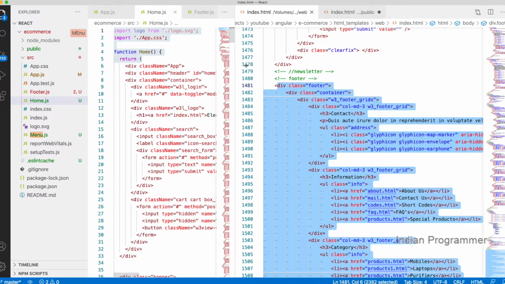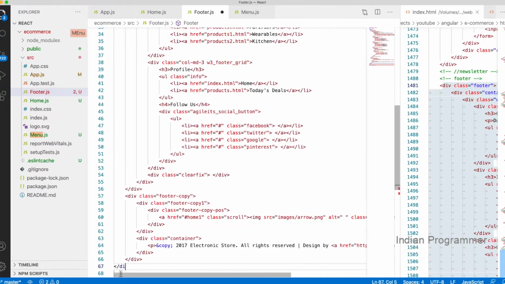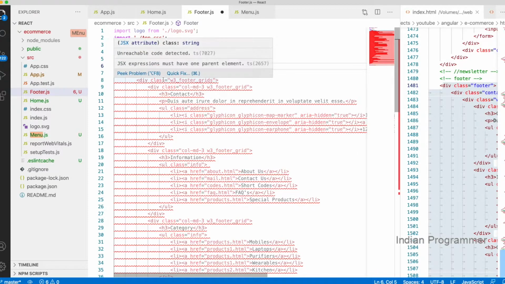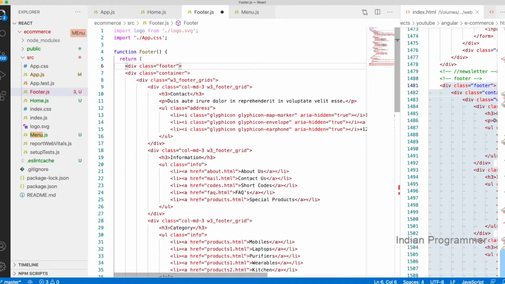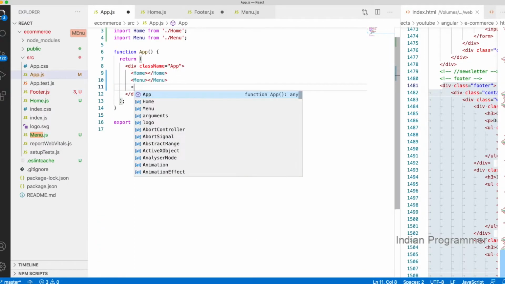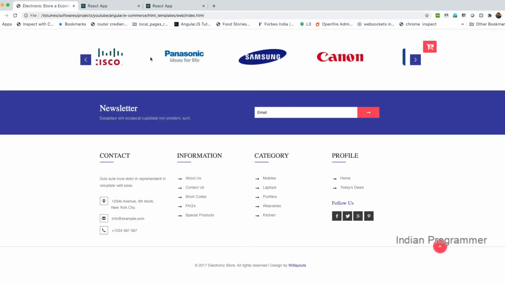Copying the footer here. Correct. Done. So in the app.js, as usual, after that I will add this footer. So I'm just saving all the files and going to our application.